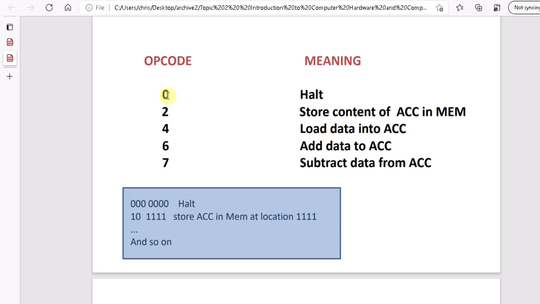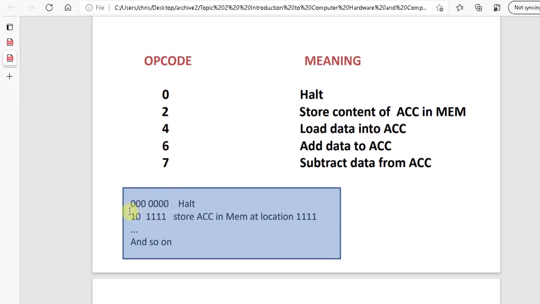So 000, for example, means halt the computer. 010 means store the contents of the accumulator in memory, save it in other words, and so on and so on. So the full halt instruction would look like this: 000, then an empty address: